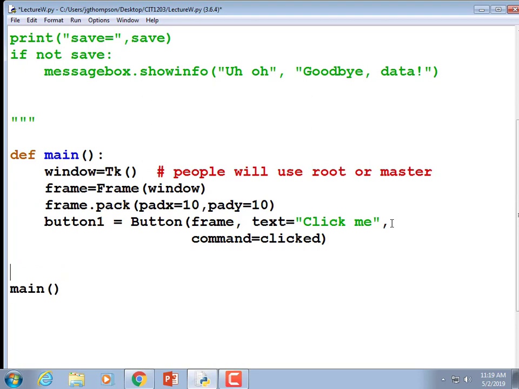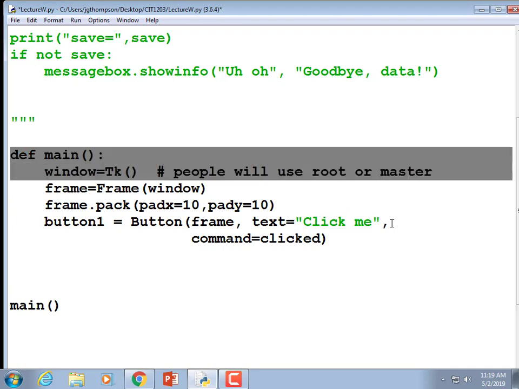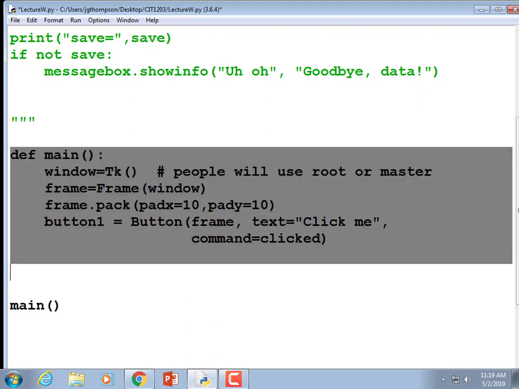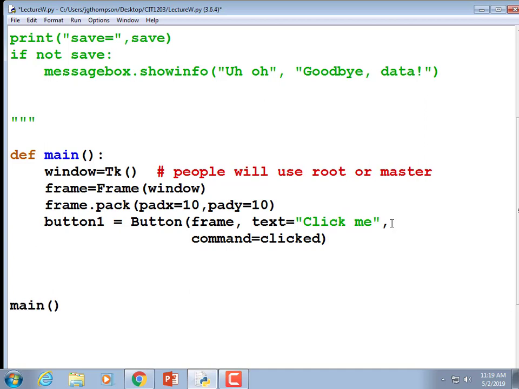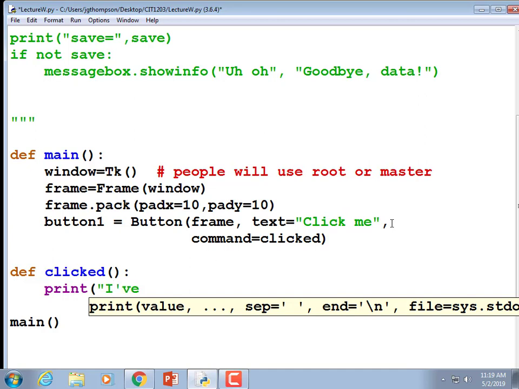All right, so you see what we did there, right? We defined a function and we called it. The only reason I did that is so that all the functions I write will be loaded into memory before a single thing happens, right? Because every function you define just gets loaded into memory waiting to be summoned. And it's not until you actually call a function with some unindented code that things start rolling. So def clicked, parentheses, colon, print, parentheses, I've been clicked,